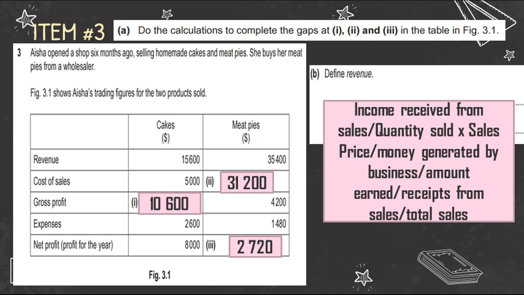So she has a roughly estimated $10,270 profit if you're going to combine the two products. So she can really afford to pay someone to design a website for